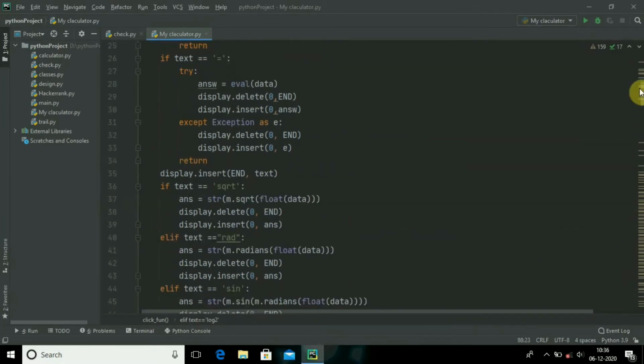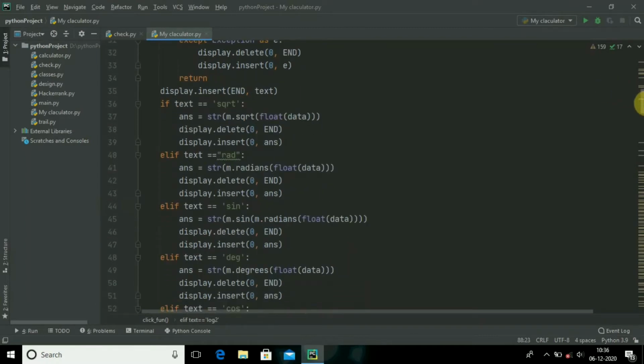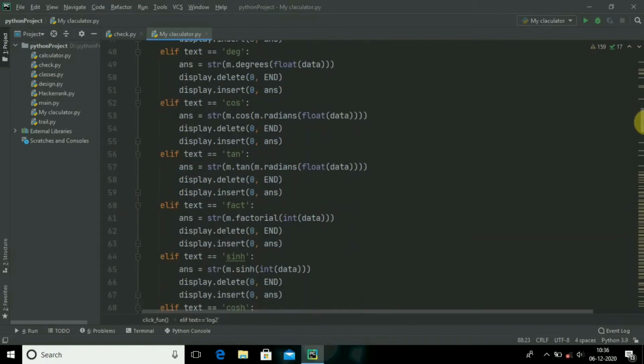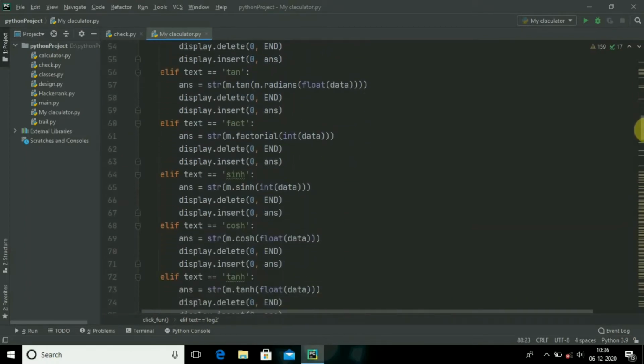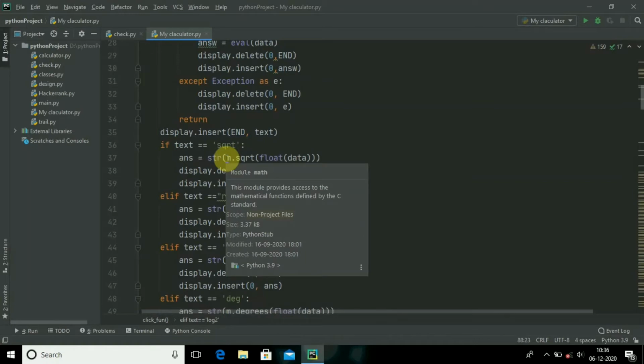You can observe that if I click on square root, radians, sine, cos, degrees, or tan, they will execute the functions in this way. Suppose we take the square root, the answer should be, here I used m dot sqrt of the float data. It means, as mentioned earlier, importing the math module as m.